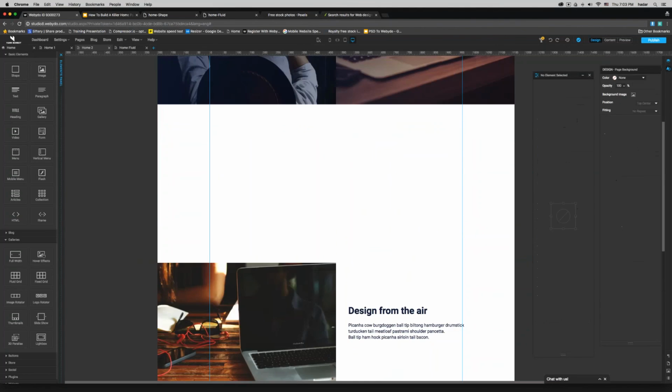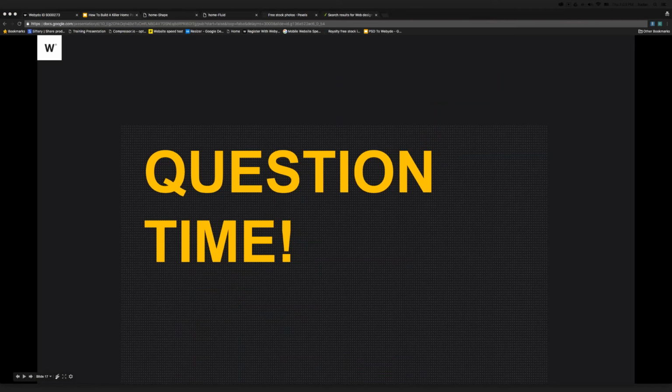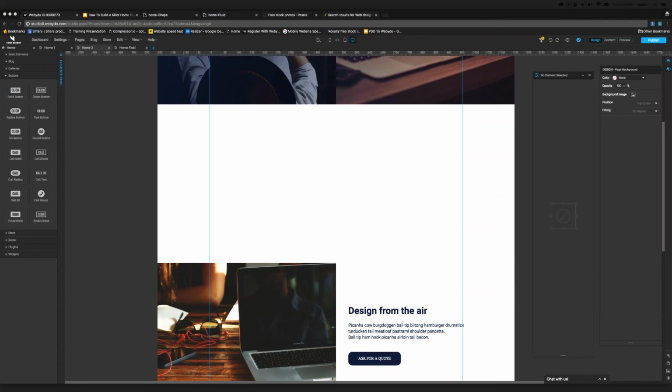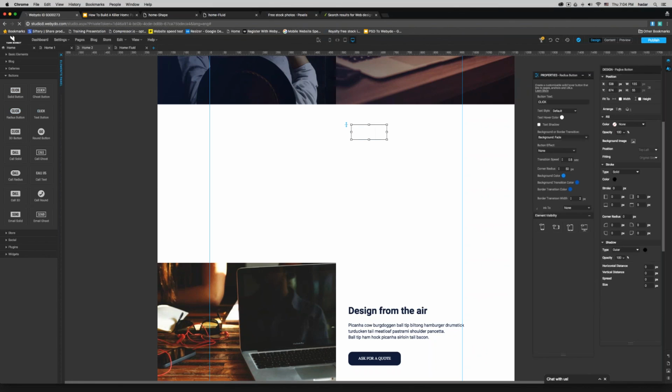Okay, so we have a question from Daniel in regards to buttons that I'm going to show you right now. It's how to make a really cool button here. So we need to make this type of buttons. So let me see, how can I make a button that has a solid color, right? And a stroke, but the stroke is separated from the solid by a thin transparent border. If I'm not mistaken,